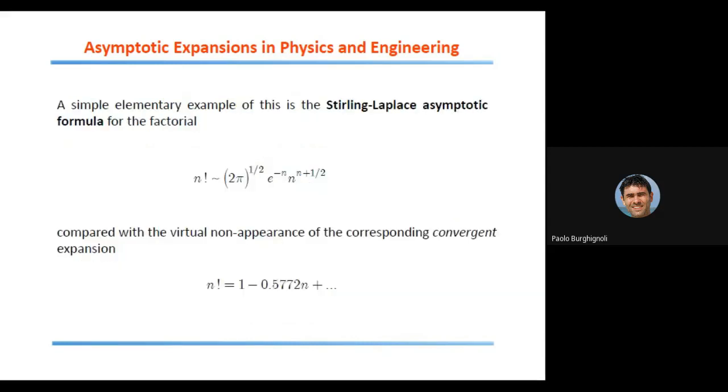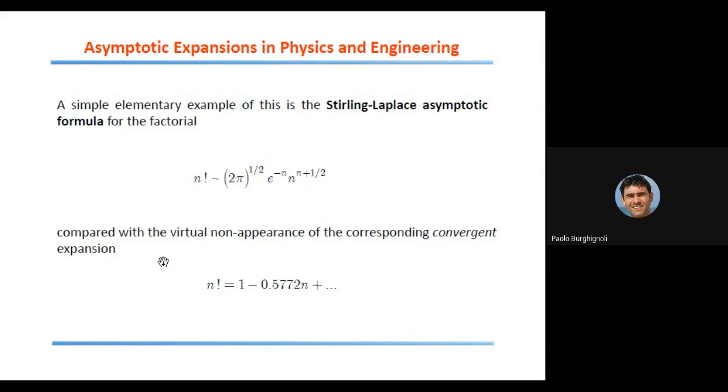Just to give you a simple example in practice, so that this is true, for example, take the factorial again. It's very common to approximate the factorial by using the so-called Stirling or Stirling-Laplace asymptotic formula for the factorial. If you have studied statistical mechanics, you have made use of this formula very many times. Whereas it is completely unknown to users the existence of a convergent expansion of a factorial,